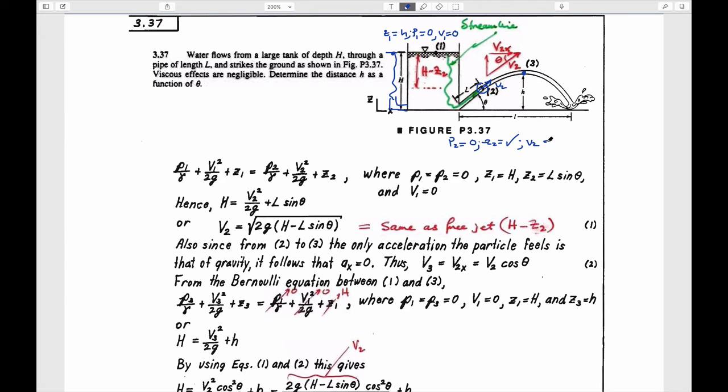And the only unknown you have is the velocity at point 2. The velocity at point 2 is a streamline velocity, and so it has components which are both horizontal and vertical. So if you wanted to calculate the height to which this rises, you could do it two ways. The first way is that you could write Bernoulli at points 2 and 3. And in this particular case, that would be that